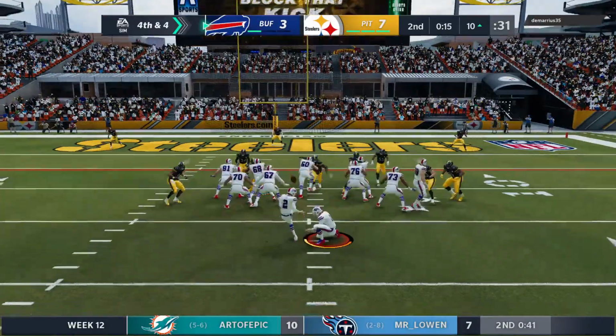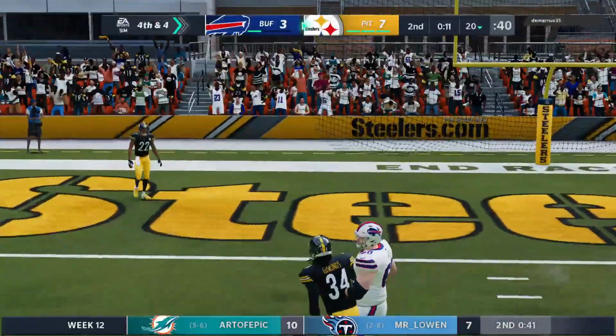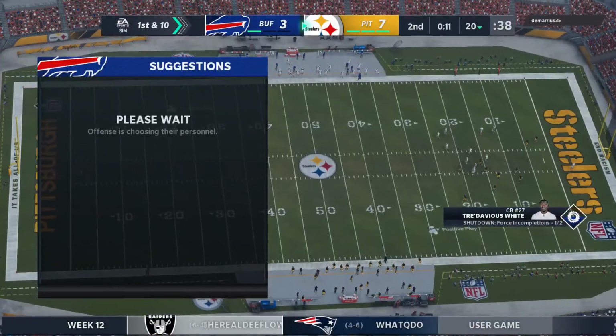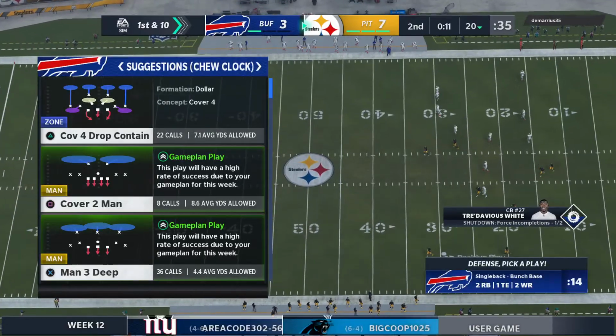And that's not how they want to end drives. They've got to figure out what's the final touch that they need to push it across the goal line. They're still yet to find the end zone. So we would have figured that one to be 3 points in the bank, but this game can be unpredictable